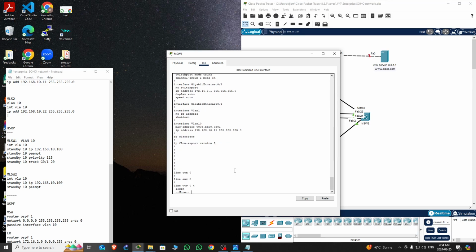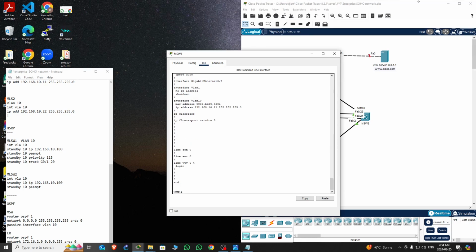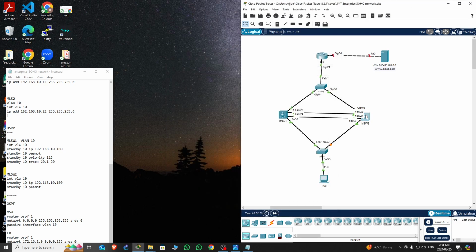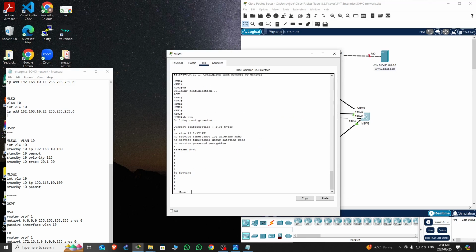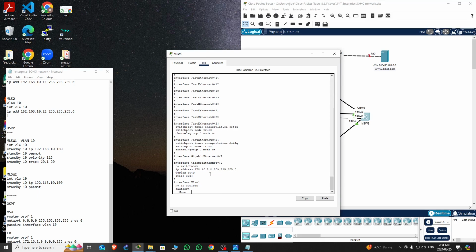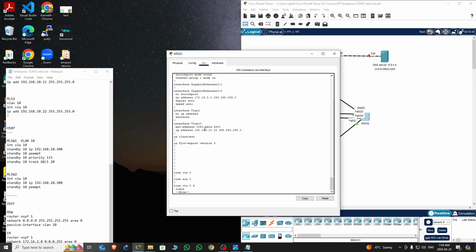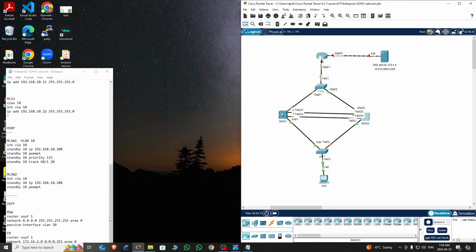Okay. We'll see if interface VLAN 10 is created with an IP address. Okay, and we have the same thing here as well. Interface VLAN 10 created, okay, with that IP address. Now, the next phase of our work is going to be to configure HSRP between the two multi-layer